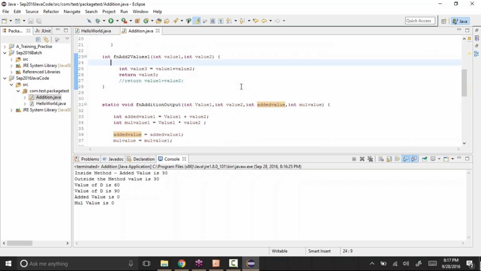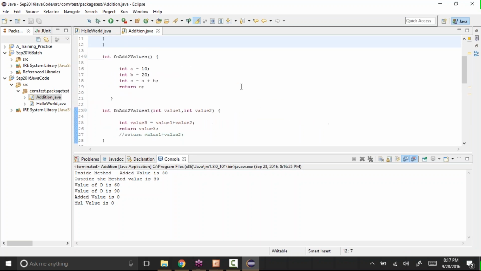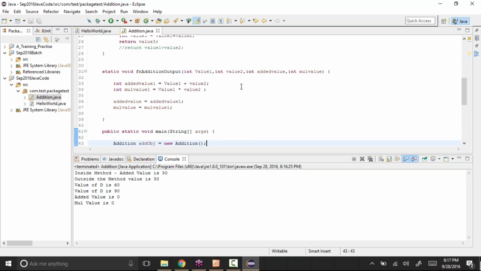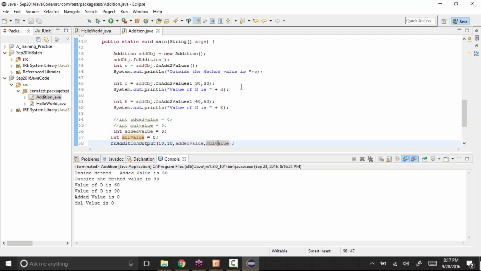Okay, but this is how you can create the variables or methods, and you can call those methods from your class. You can create a class, create all your methods in there, and from the main method you can create the object of that class and start using the methods present in that class. So that's how you create a class and the objects and different methods that you want to perform. Whatever code you think you will be using multiple times, we'll create a method and use it here. Okay, so this is how you can create it.